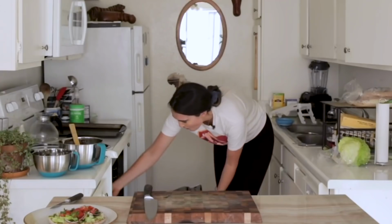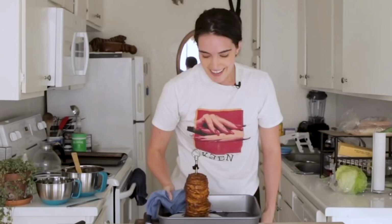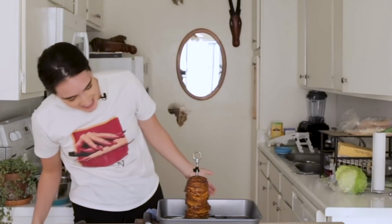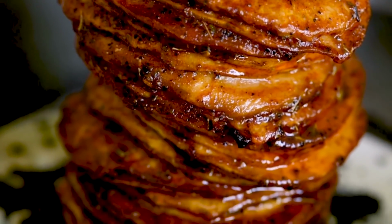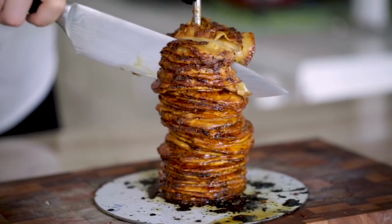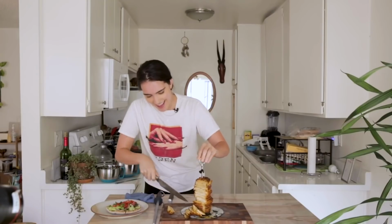All right, the moment we have all been waiting for. Oh my gosh! Wow! I can't even believe this thing. It's like completely transformed before our very eyes. Now the only thing left to do is to cut it. I'm scared I'm gonna do it wrong. I'm scared I'm gonna mess this up somehow, but in times of doubt, you just have to go for it. That looks so